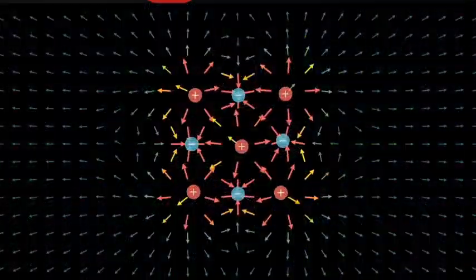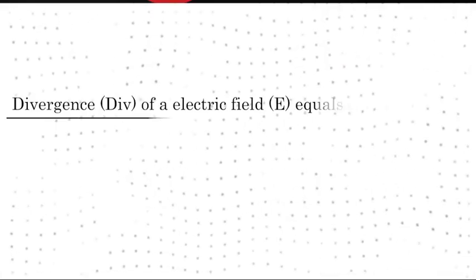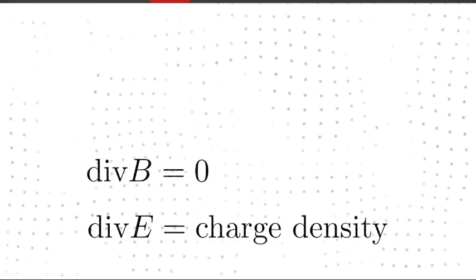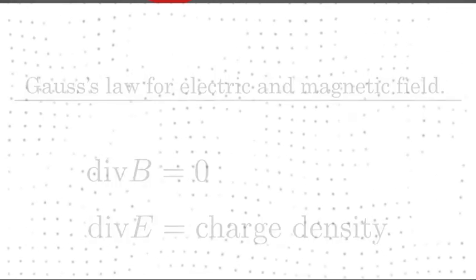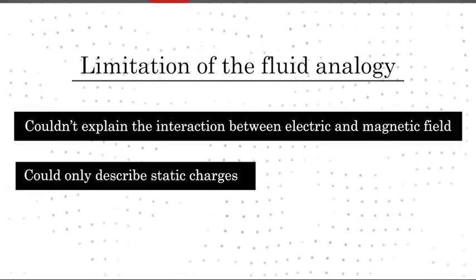Since the electric field has positive and negative charges that can act as a source or sink, the divergence of the electric field is equal to the charge density. This is the second Maxwell equation. These two equations are also called Gauss's law for electric and magnetic fields, though Lagrange was the one who first wrote it. The main limitation of this fluid analogy was its inability to explain the interactions between electric and magnetic